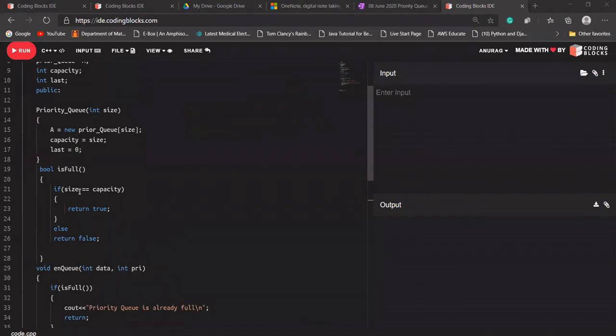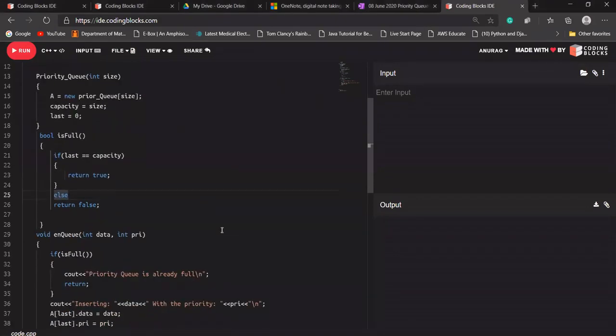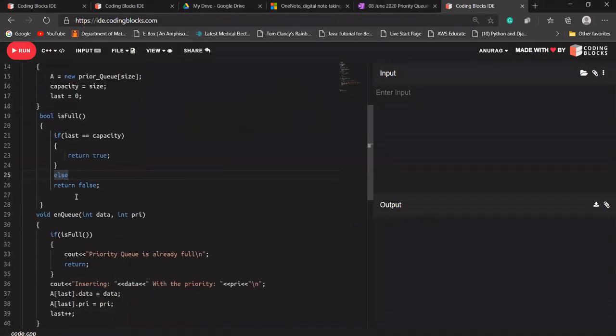Yes, it will be last equal to capacity. Okay, so last is equal to capacity is fine. Okay, thank you, Nani, for that.